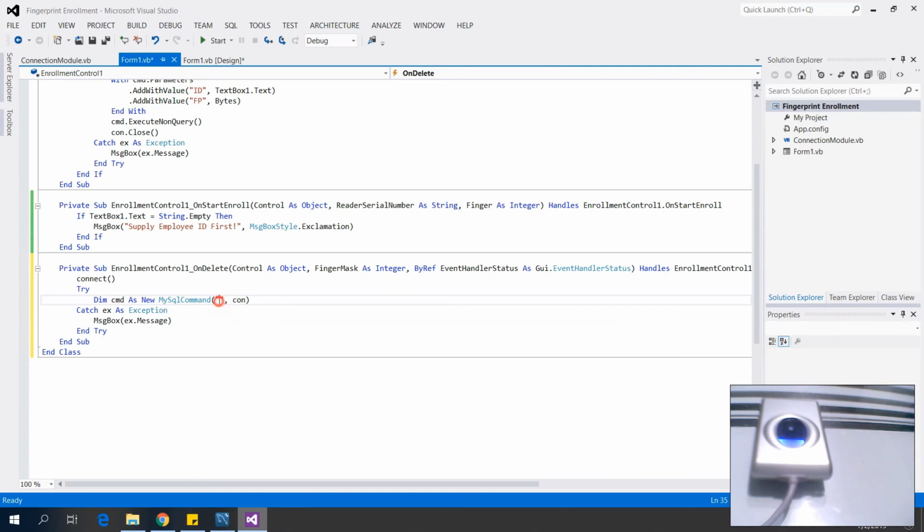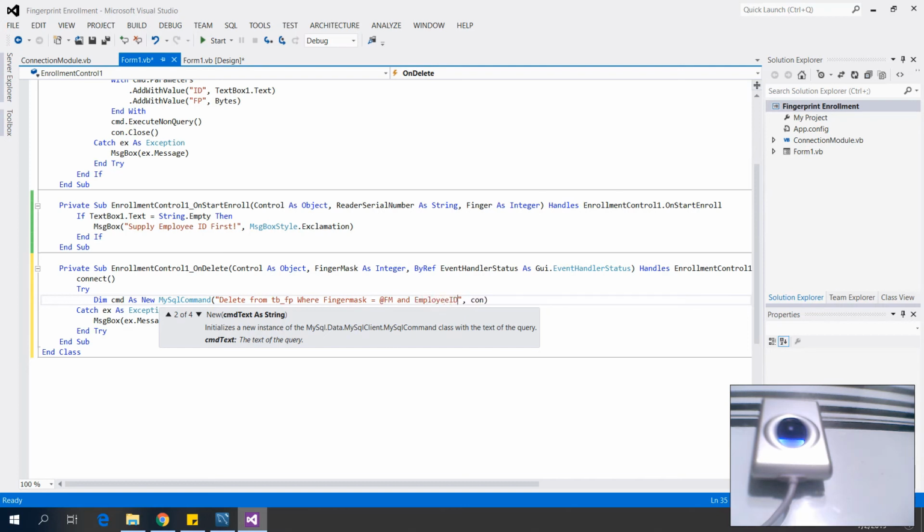Okay, so DELETE FROM DPFP WHERE fingermask is equals to @fm and employee ID. Oh, okay. So